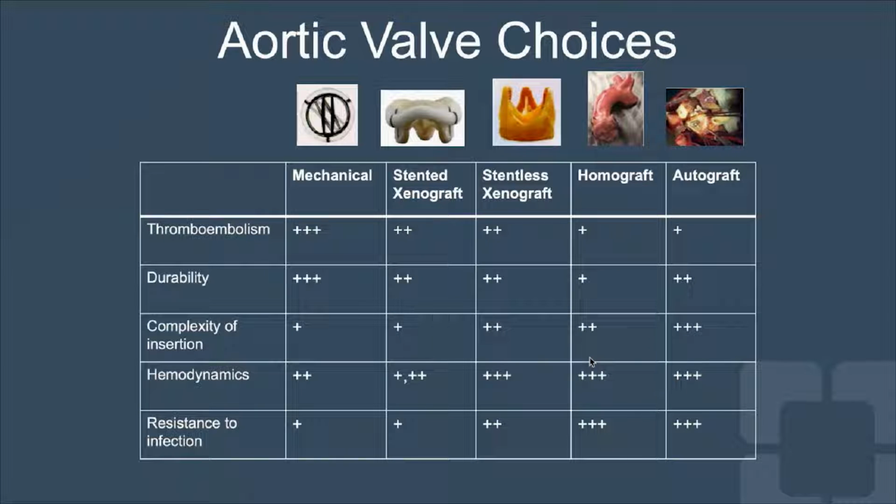So when we consider the various types of valve, there are 5 considerations that we're thinking about. We're thinking about what is the risk of clot formation on the valve, leading to valve mechanical failure. We're thinking about the durability of the valve, how easy or difficult it is to place the valve, what their hemodynamic performances are, as well as the resistance to infection. The 2 most common valves that we use are the mechanical and the stented valves because of the simplicity